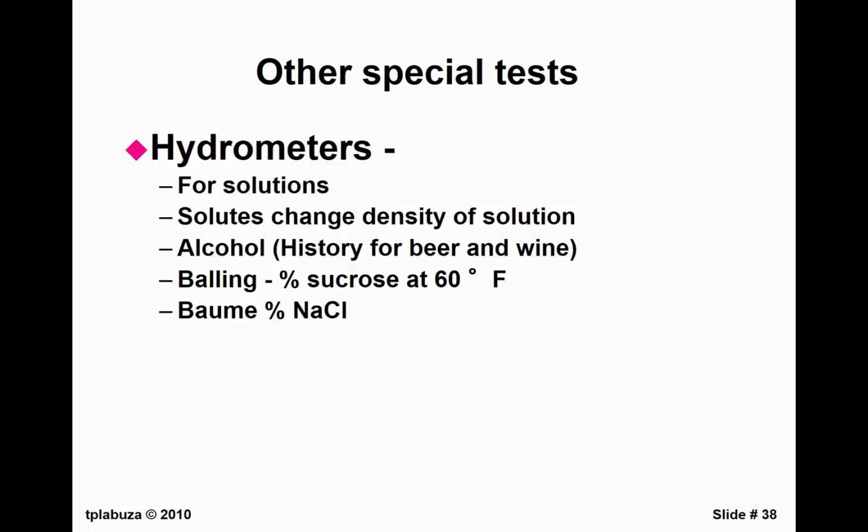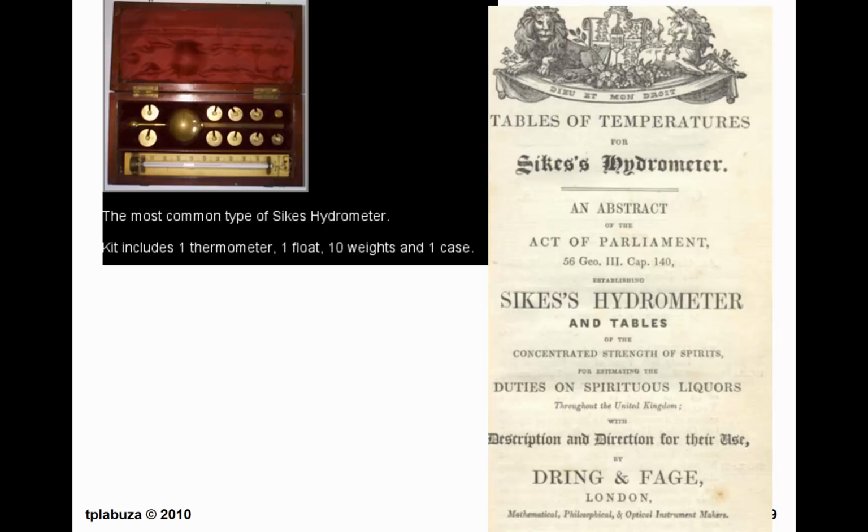And then lastly, for solutions, you can use hydrometers. These are sealed glass tubes, usually with lead particles in the bottom, but nowadays we don't want lead in the plant, so they use other metals. And it has a percent water or percent alcohol or percent salt or percent sugar on it. This was actually designed for the beer industry back in,